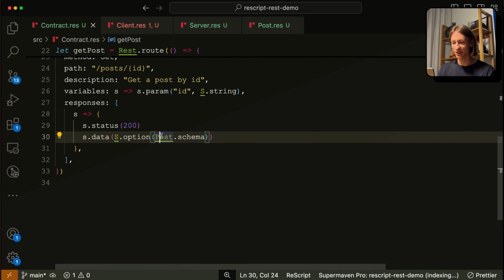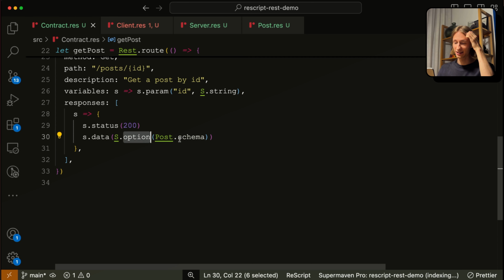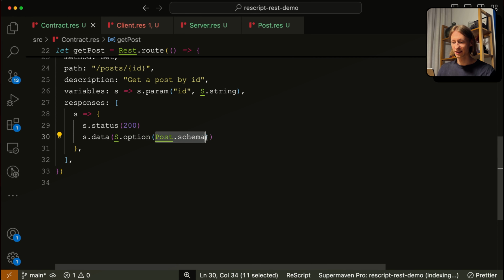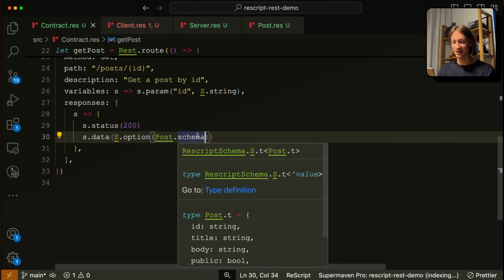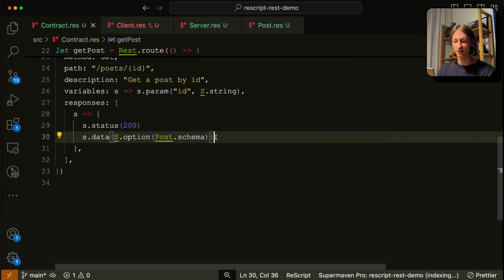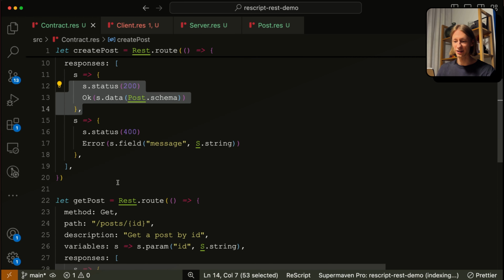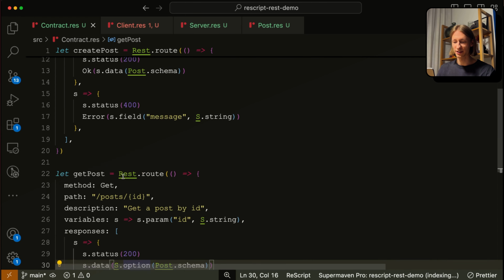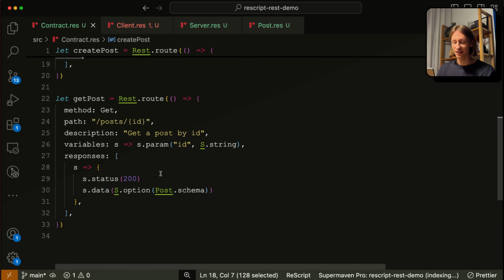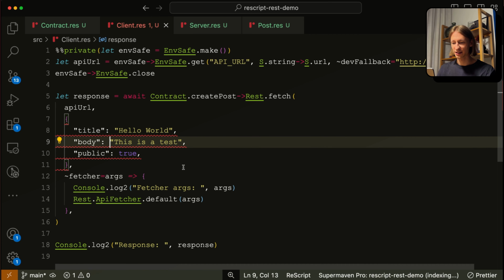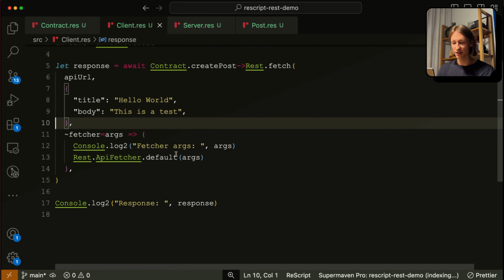So we simply either send null, or we send a post schema, and it means that we either found it or not. We could also do it this way, returning a fancy variant, but I think option is fine here because we have a variant in this case. So we got our get post. I see some error on the client because I removed the